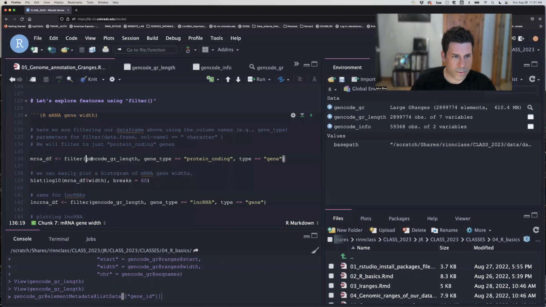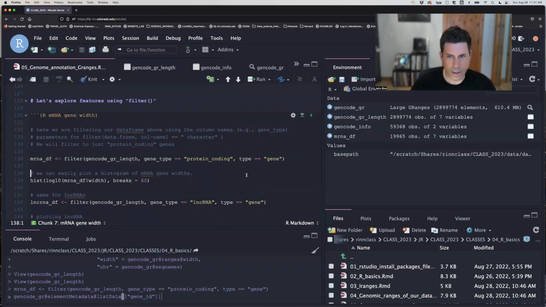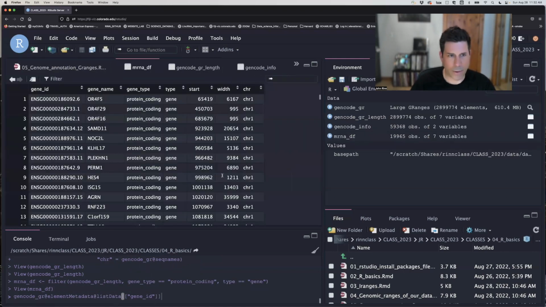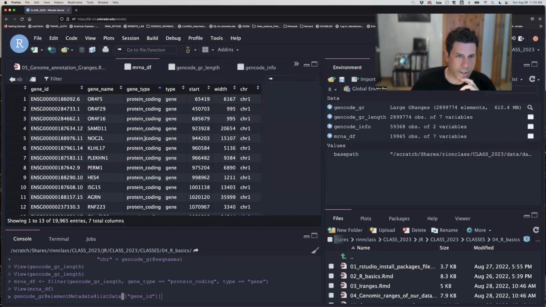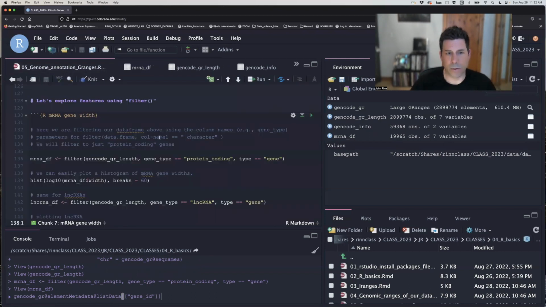If we run that, we get an object called mRNA data frame, and we will see that all of the gene types here are protein coding. You can select for ribosomal or other features as you explore all the different annotations in there. Mostly the key thing to focus on is how to index and make objects out of specific parts of GenCode